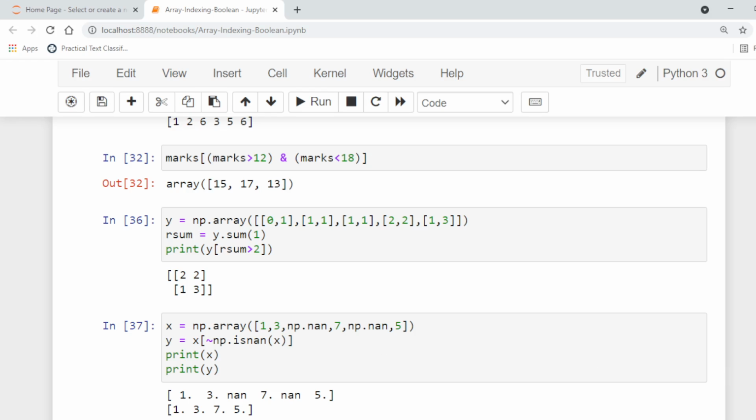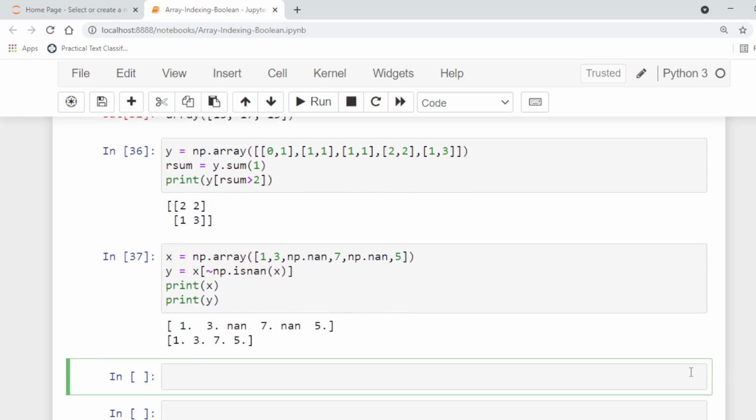The first is the original array in which NaN is present, and the other is the filtered array. So in this way we can use Boolean indexing for creating sub-arrays.